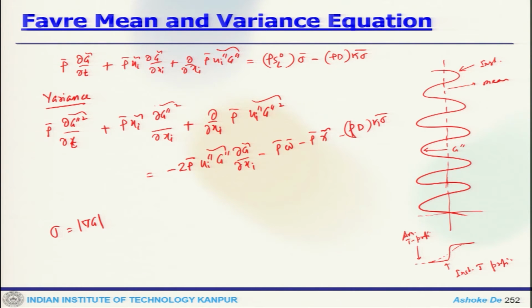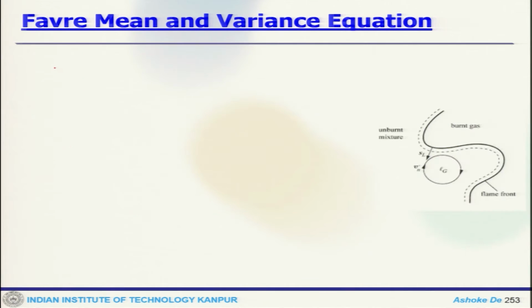So, this can then be interpreted as an area ratio of the flame front AT by A, and variance actually describes the average size of the flame. Now, in the variance equation there are terms like sink terms. So, the terms which is the kinematic restoration, it is rho SL naught G double prime sigma by rho bar.